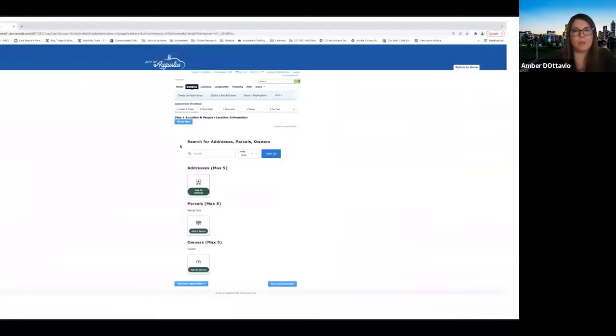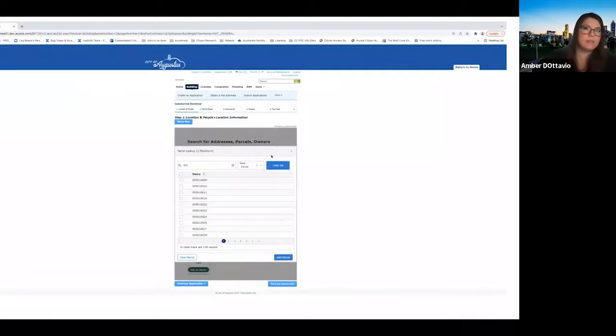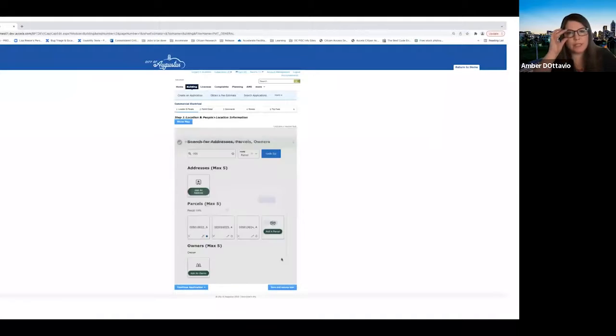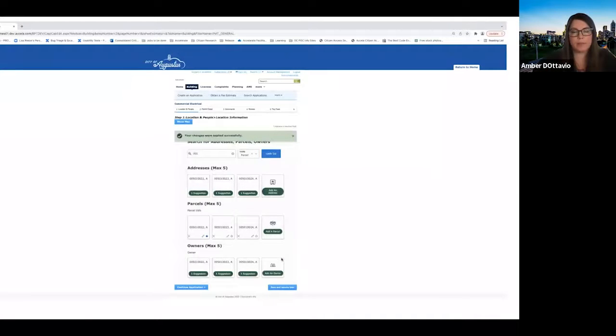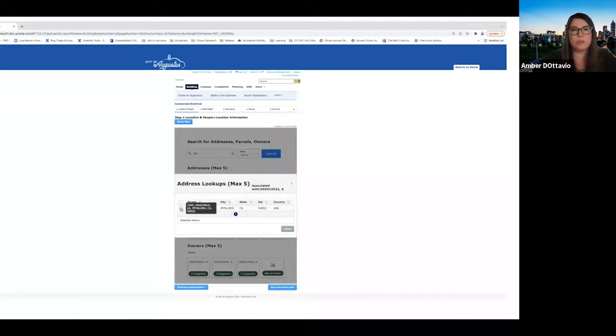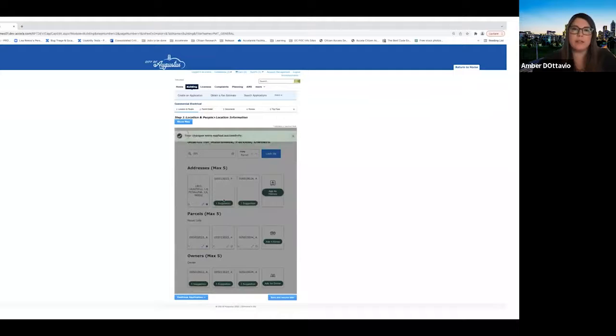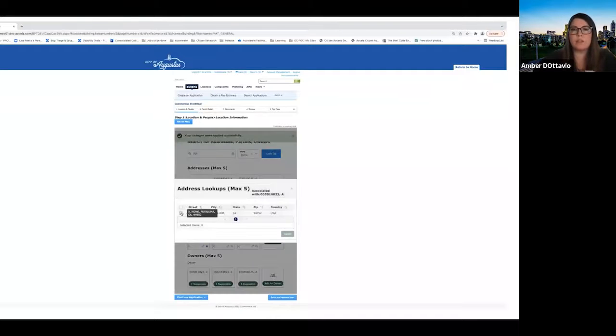Here is a look at the multiple APO feature showing the contractor filling out a commercial electrical permit for multiple parcels. The maximum is set to 5, as you can see here for each component at the top of each section. Once the user enters their search info and selects the parcel type, the user can see the results and select the parcels that apply. The system is then going to provide suggestions to the addresses and owners that are associated with those parcels. And then the contractor can click on each one of those suggestions and select the ones they want to add